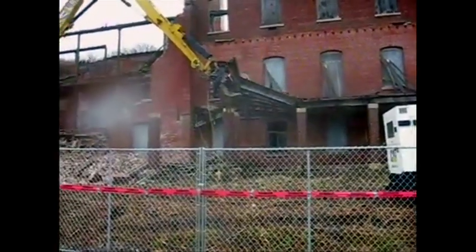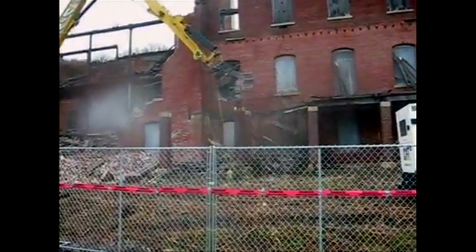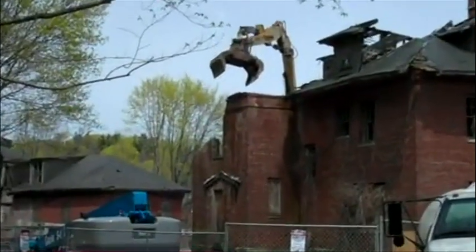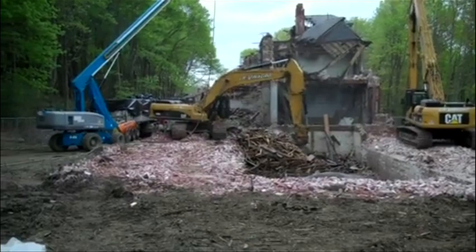A lot of what you see in this videotape is the demolition work, as the machines are taking down buildings that are no longer salvageable. Work on this phase is expected to be completed by late fall this year, 2011, and open to the public